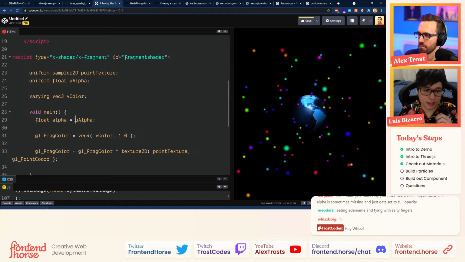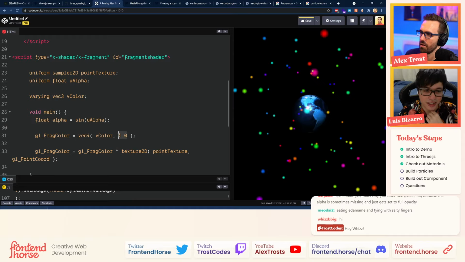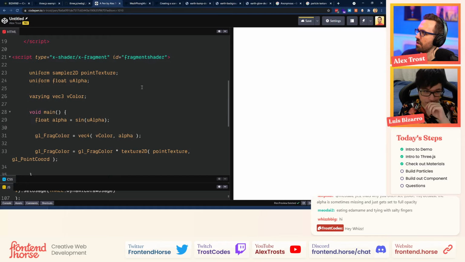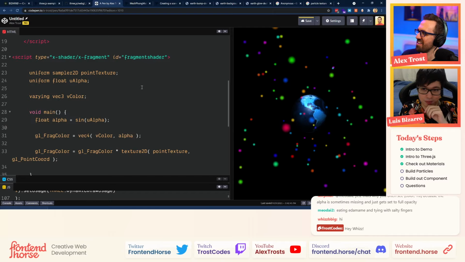So we're going to call a function. Yeah, sin. Cool. And we're going to use the sin for setting the alpha, and we're going to pass the alpha to the particles. I think all of the particles are going to kind of flash, fade in and fade out at the same time. Yeah, but we can play with that by summing up the value of the v-color.